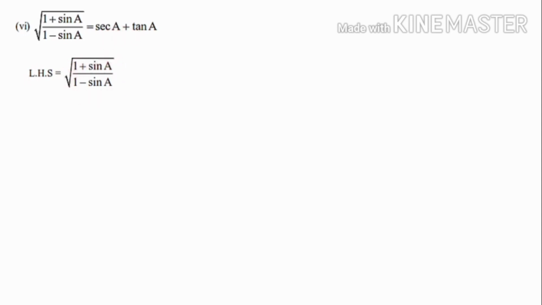For that, squaring is not possible because we are taking only one side, the left hand side, alone. So one side alone squaring is not possible. To remove this square root, there is only one possibility: multiply by the same term. That is root of 1 plus sin a, which is there in the numerator. That same term you are multiplying and dividing. That is equal to root of 1 plus sin a. Along with that numerator we are multiplying one more root of 1 plus sin a.